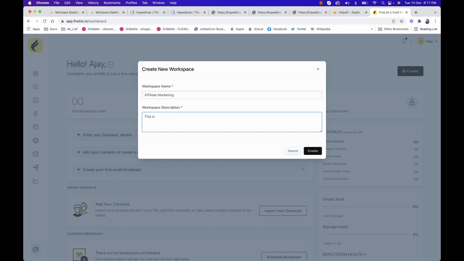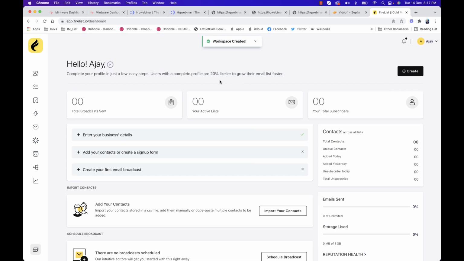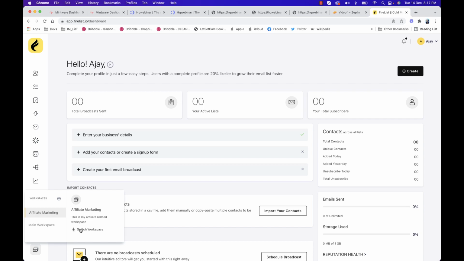This is my affiliate related workspace. If you click on affiliate marketing, you have to click on switch workspace, then your account will be reloaded. If you want to use any of them, you can always switch by clicking the switch button, right? Everything, like your subscribers and your segments, will be reloaded.